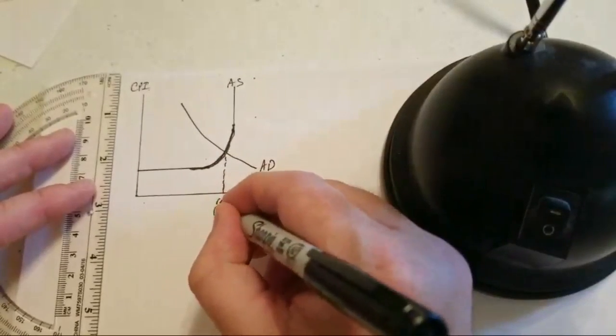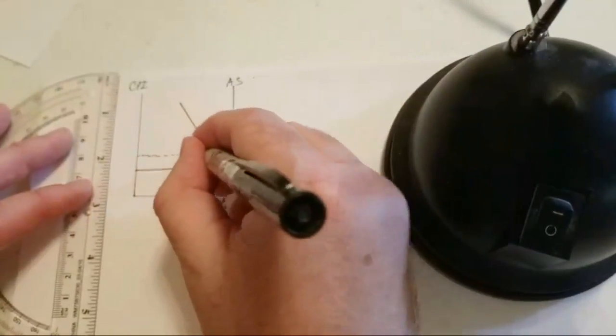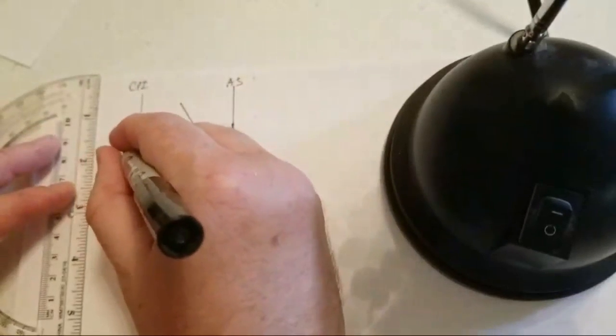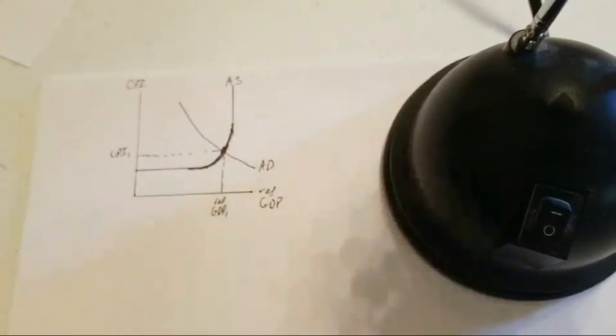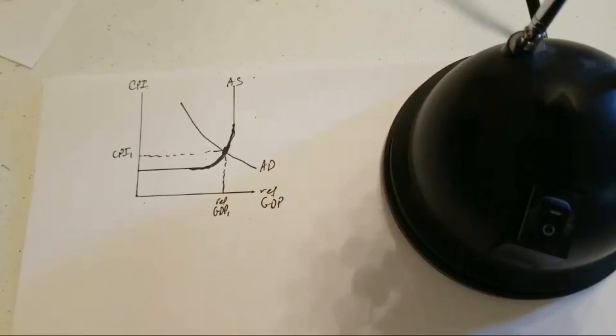Real GDP 1, it's not F because we're not in the classical segment. CPI 1, it's not CPI sub R because we're not in the Keynesian segment. There's your equilibrium point. Now let's suppose, all else being equal, that the government decides to deregulate some